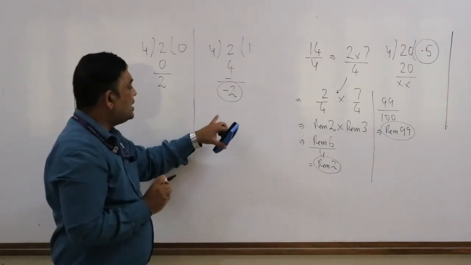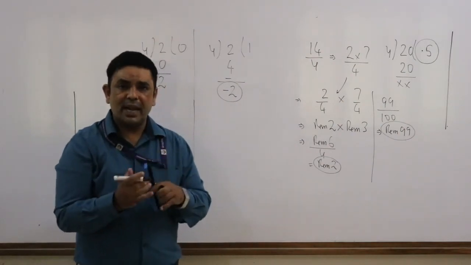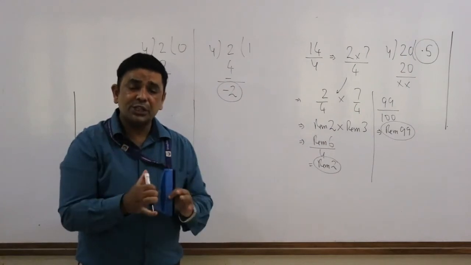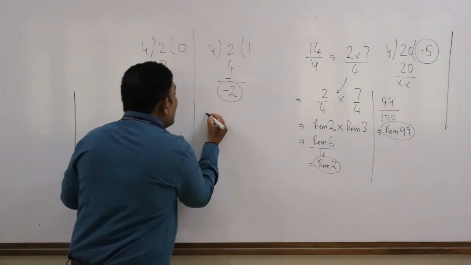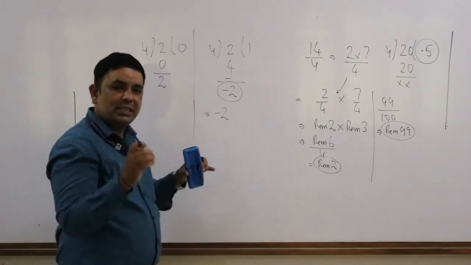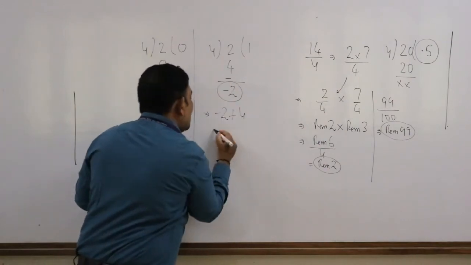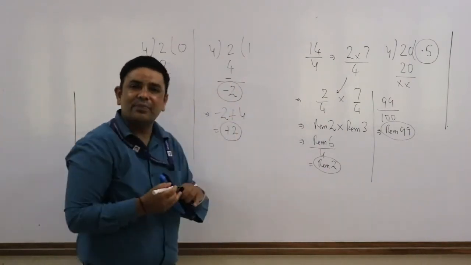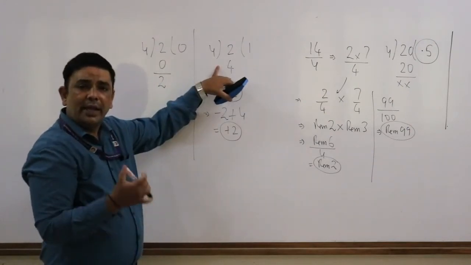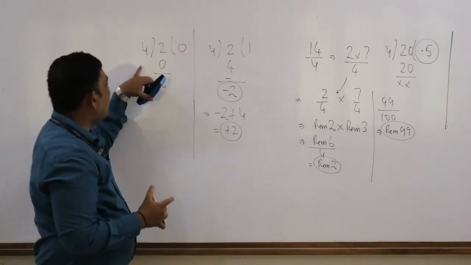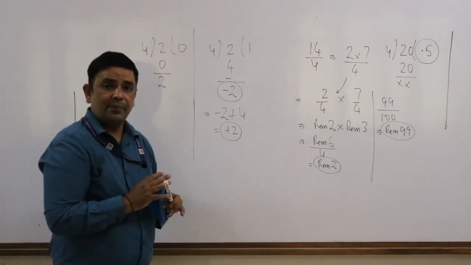What is the fourth rule? The fourth rule is the remainder can never be negative towards the end. That means when you are ending your discussion, you cannot finally leave the remainder as negative. Whenever the remainder is negative, please listen carefully, you add the divisor to get the actual remainder. So if you look at it this way or this way, either way, the remainder when 2 is divided by 4 is going to be 2. That is the fourth property.